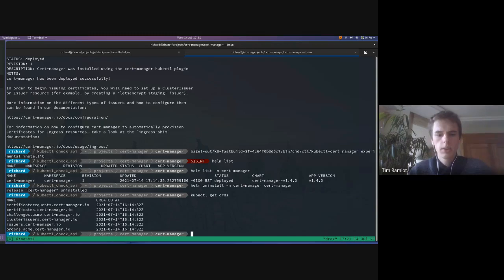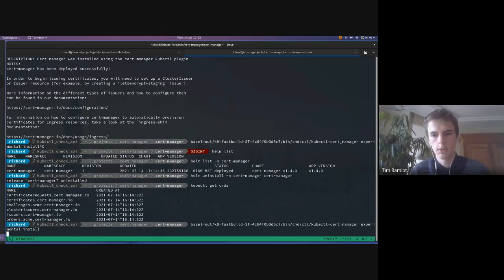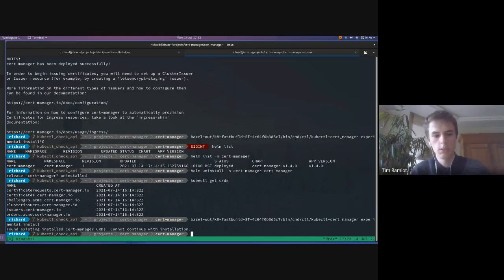But now, of course, you also use the helm uninstall command. That's because we don't have this uninstall command in the CTL plugin yet. And so now we have these CRDs, and we will not be able to run install again. We first have to remove the CRDs. But this all should be part of the uninstall command, so it should be able to uninstall CRDs and to uninstall the deployment. So now it errors, and it says, okay, found the existing CRDs, cannot continue with the installation. And ideally,